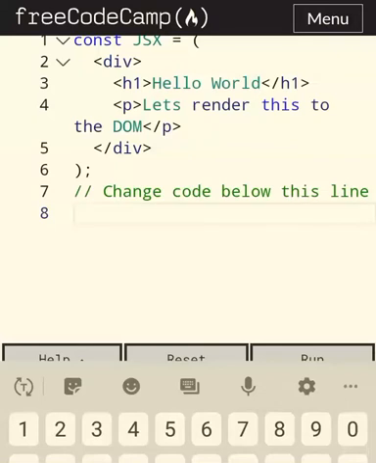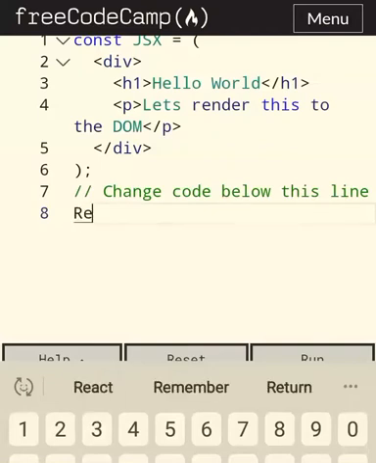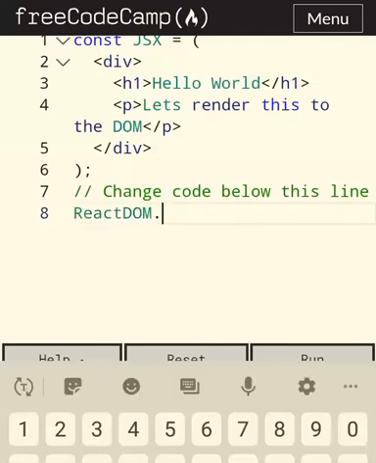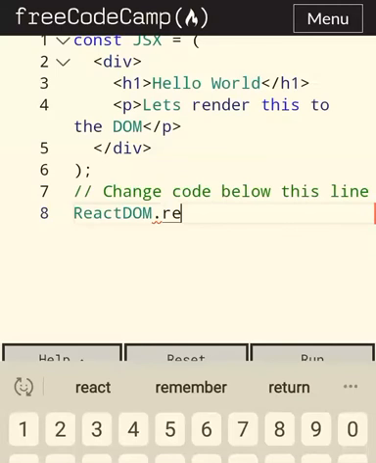Okay, so we are going to render to the DOM by using the syntax as provided, and be very careful when you're doing this, ReactDOM.render. So let's get started. REACT, React with a capital R. I know it's very silly. You might think it's very silly to mention this, but sometimes beginners make a lot of mistakes. Even I did as a beginner a year ago. I used to write DOM as a small dom, or just a capital D and small om. It's very common.